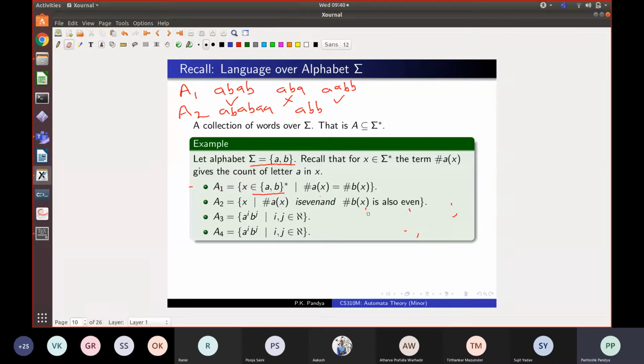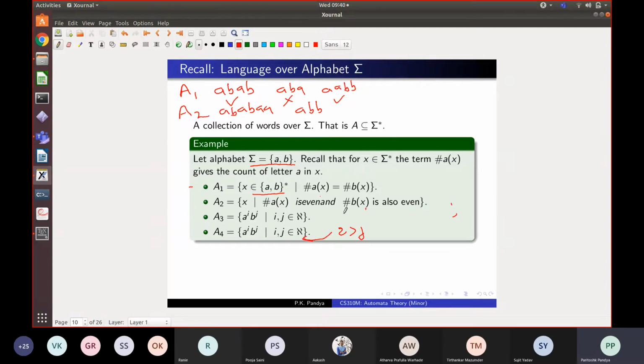And finally, in the set builder notation, there is a misprint here. I can even put restrictions like this is same as that. So let me put restrictions like this: i is greater than j. That is, the number of occurrences of a's must be more than the number of occurrences of b's. So I can add this condition to this.